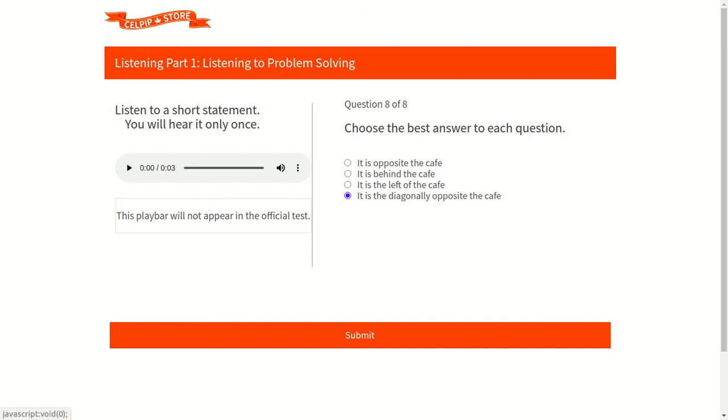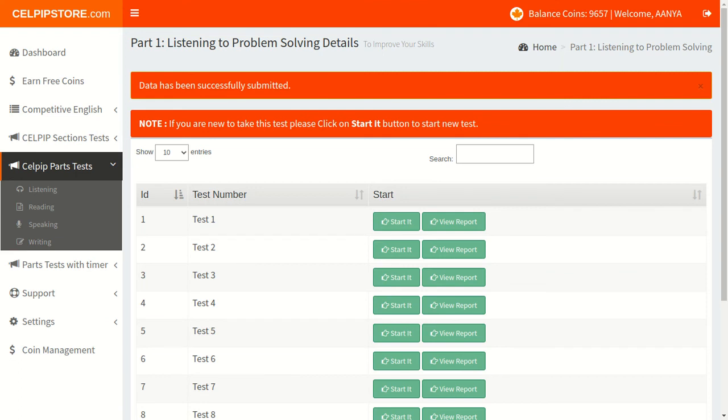So, friends, I think this tutorial will give you some idea about how to choose the right option in the CELPIP